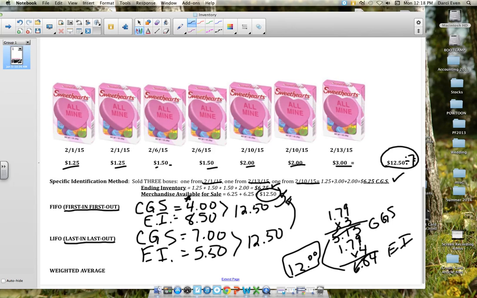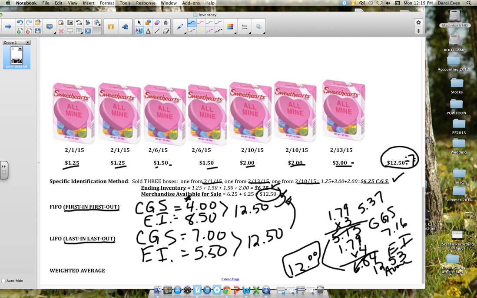So let's see what it should be. This is $5.37. And this is $7.16. And when we add them together, we get $12.53 for the available. And see, we're 3 cents off. So it won't be exact with weighted average. Weighted average would be used like at a gas station. They get more gas, they put it in that underground tank. There's no way to know which gallon you're getting, so we're just going to average it all together,